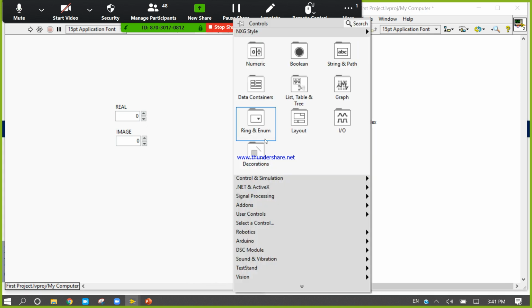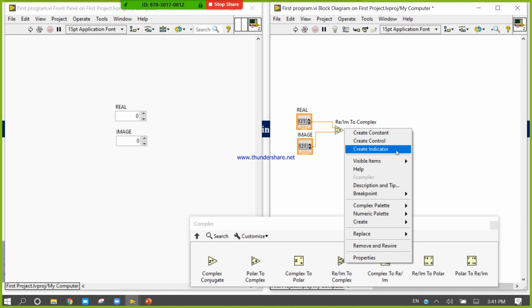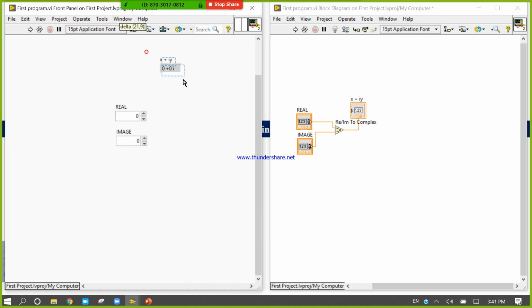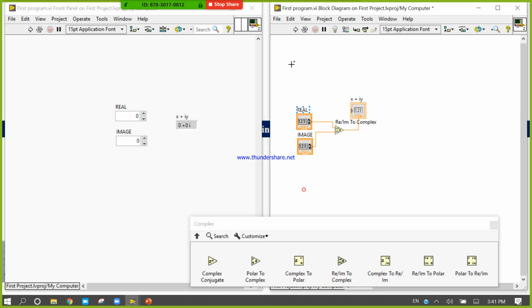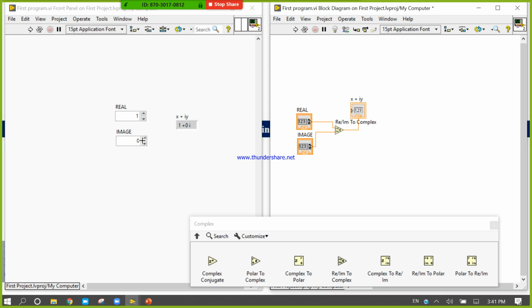Now right click, create indicator. If I run 1 plus iota 1,